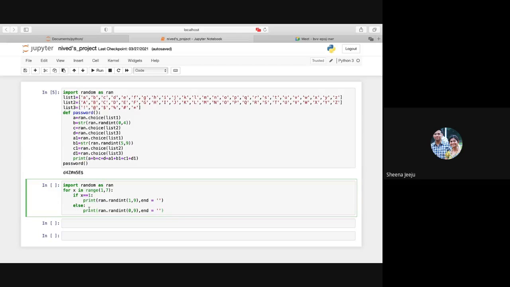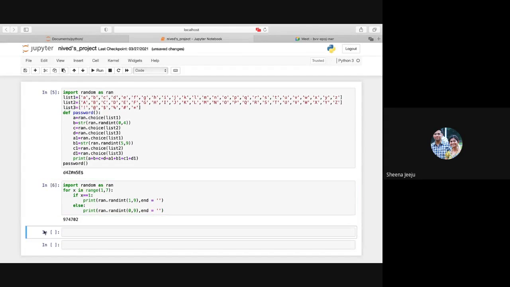Else, if it's not 1, it will print a random number between 0 to 9. And here I've given end equal to nothing, because it will come in a line like this, which is a 6-digit random number generator.